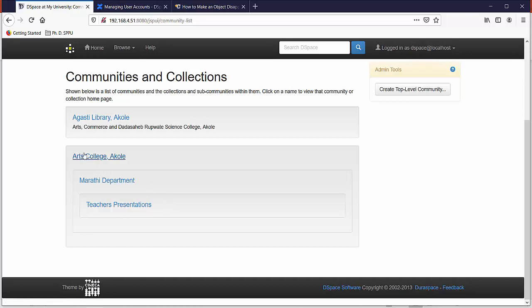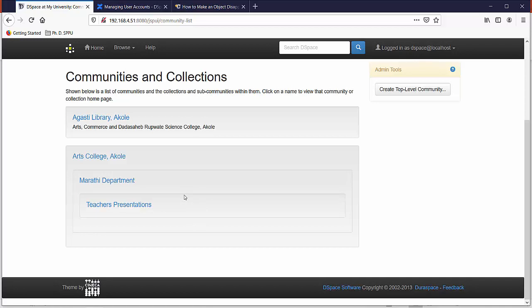That means the hierarchy is top level community, sub community, and then collection. You may add collections directly to a top level community also, or you may add a sub community and under that again add sub communities as per your needs.